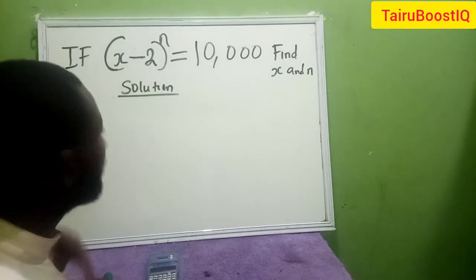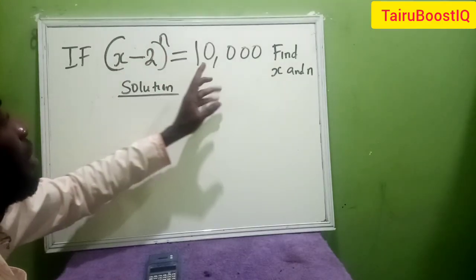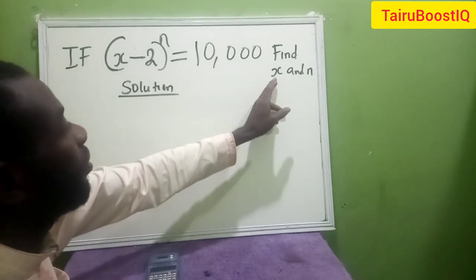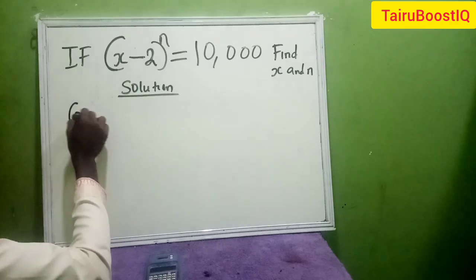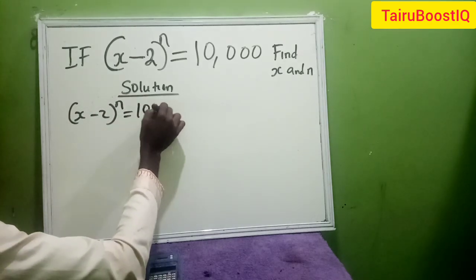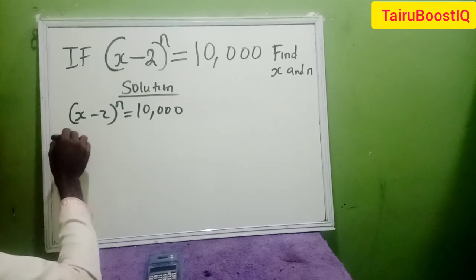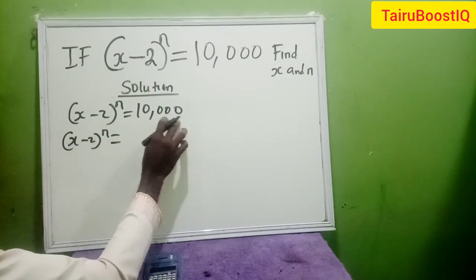Question: if (x - 2)^n = 10,000, we should find the value of x and n. So what we are going to do, we have (x - 2)^n = 10,000. We can have (x - 2)^n equals, I'm going to split this 10,000